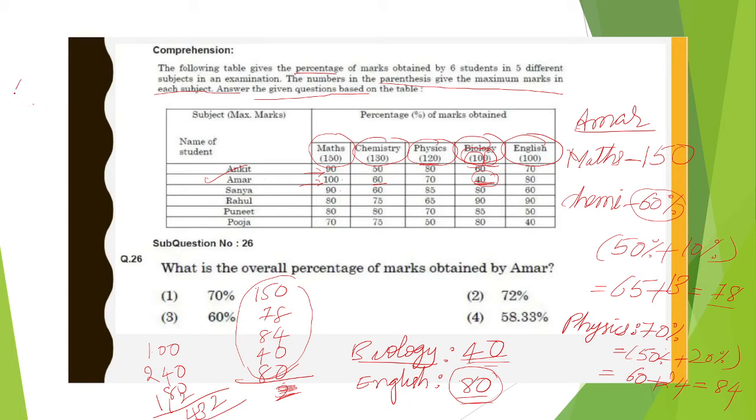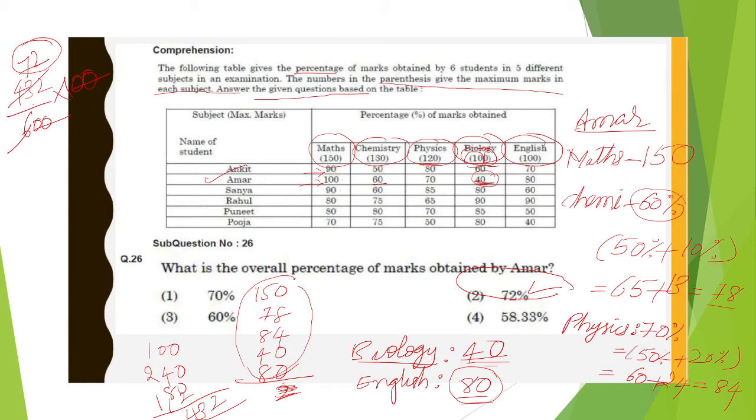Okay, out of how many marks? Total marks. Total marks is 100, 200, 300, 400, 500, 580, 600. Okay, he got 432 out of 600, into 100. We are doing percentage, that's why we have to multiply with 100. Okay, 0 0 cancel. 6 7 ja 42, 6 2 ja 12. Okay, he got overall 72 percentage of marks.